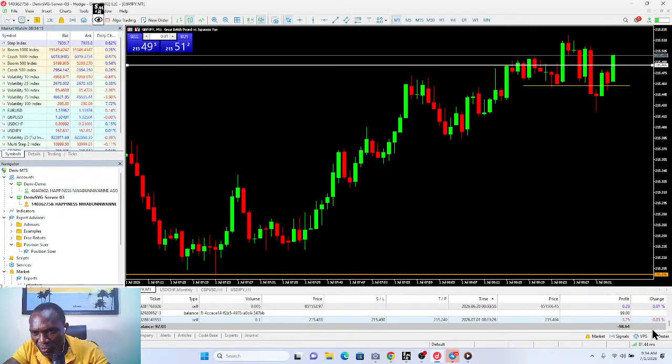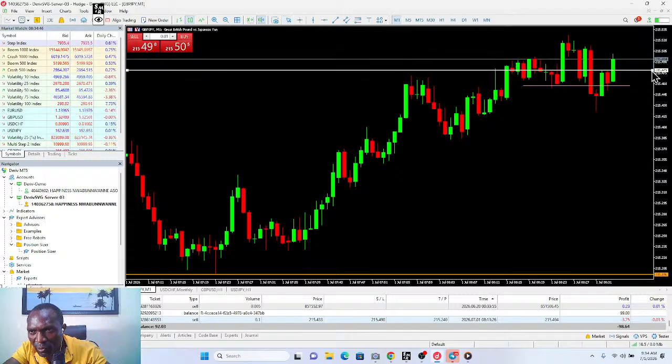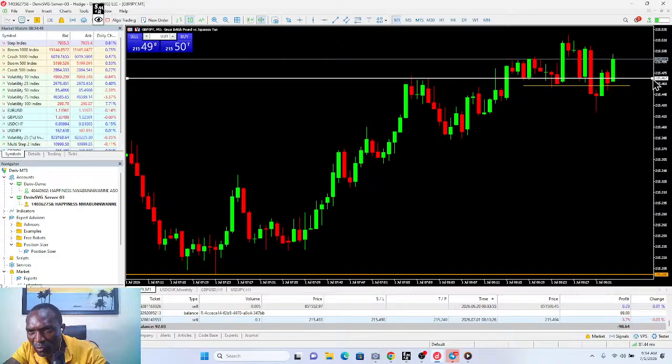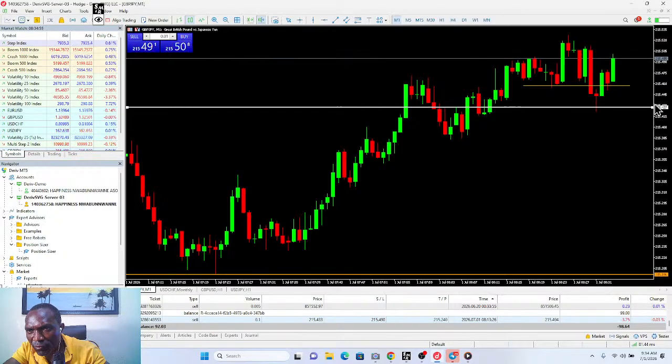I'm reviewing this trade to know if really the market is counter. So since it's counter, we'll be able to know what to do. So maybe the next trade we are going to take will be for price. Okay, fine. That's the closing price, 215433.